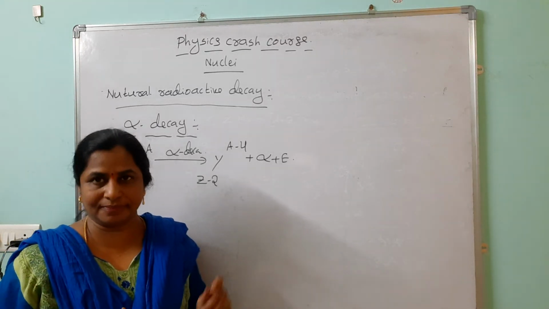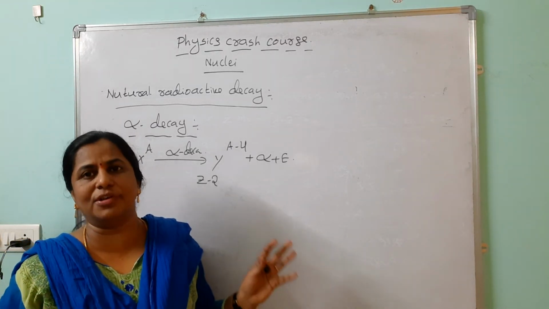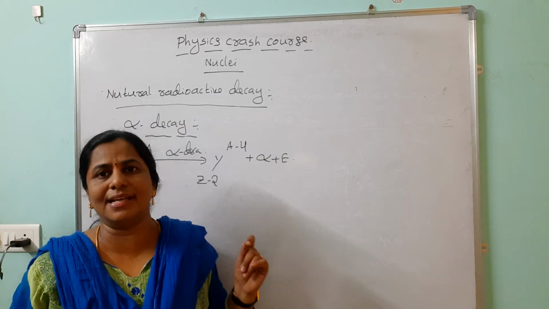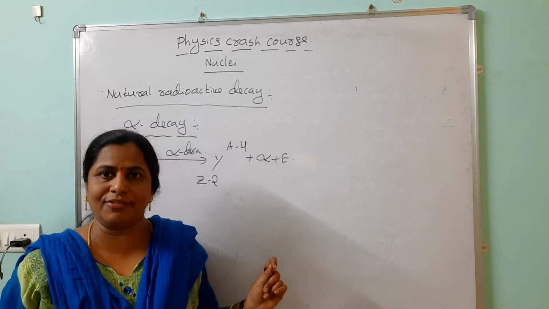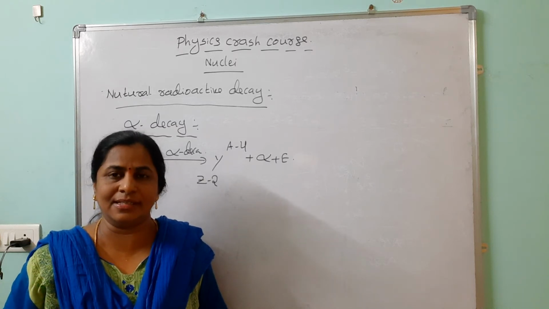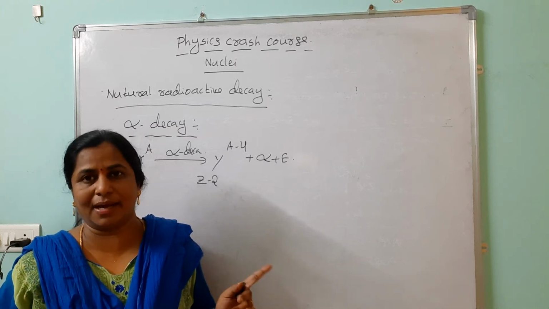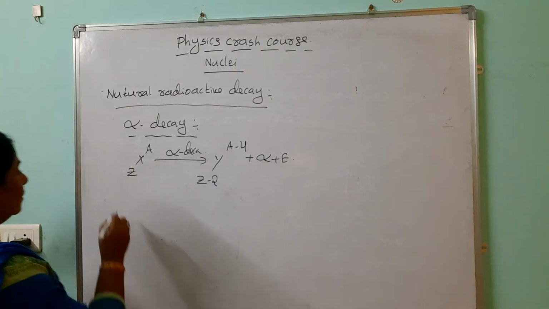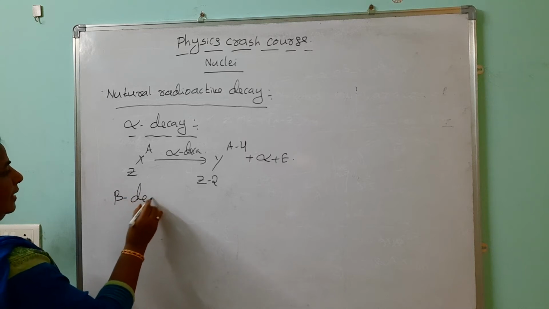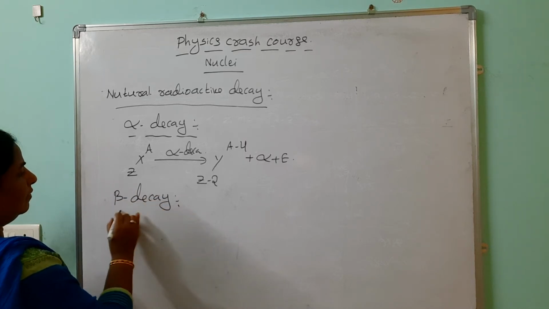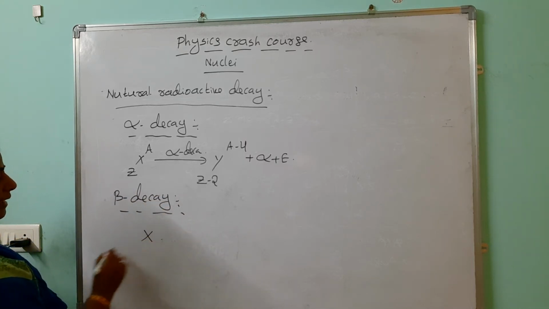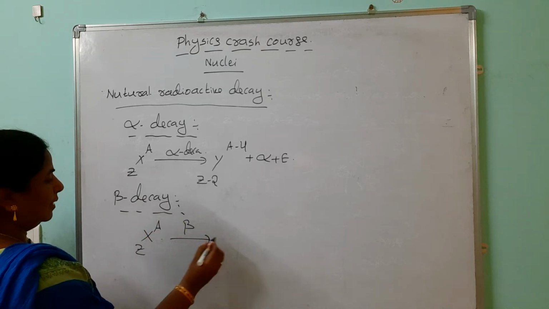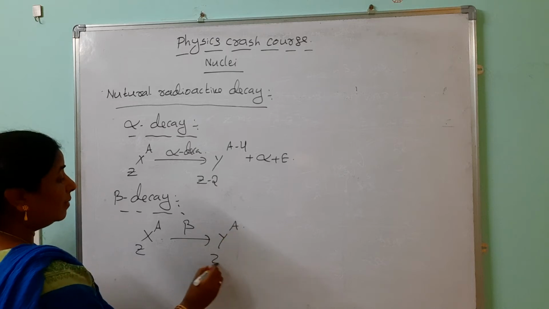And remember that alpha particles are positively charged particles. They have more ionization, less penetration power. They are deflected in both electric and magnetic fields. They affect the photographic plate. Then we go to the beta decay. When it participates in beta decay, there is no change in the mass number, but the atomic number is